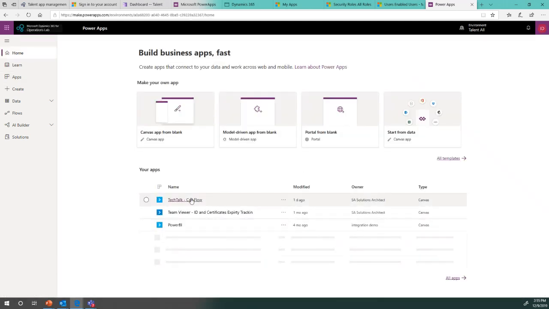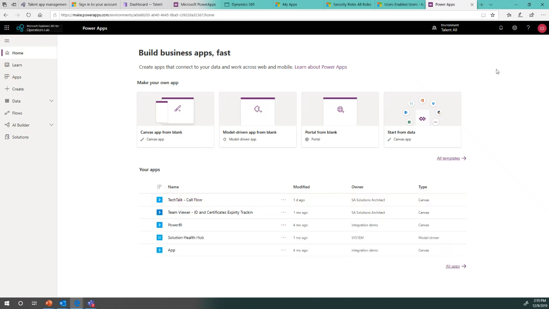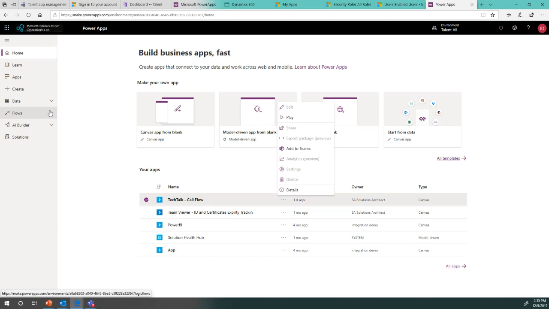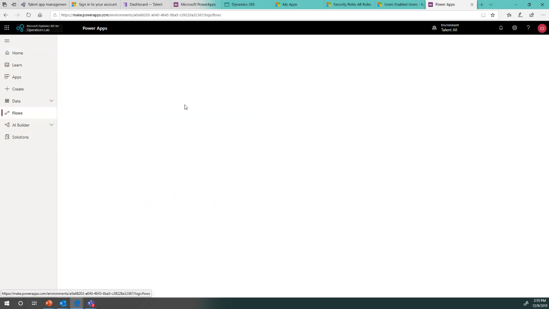If you see here, from this integration demo user, you will see this Power App, but can you edit it? No. The reason he cannot edit the Power App as a user is because I shared it with him as a user, not as an owner. But he can certainly play it, that means he can run this Power App. That's one aspect of it because we shared that app. And then when you go to the flows also,